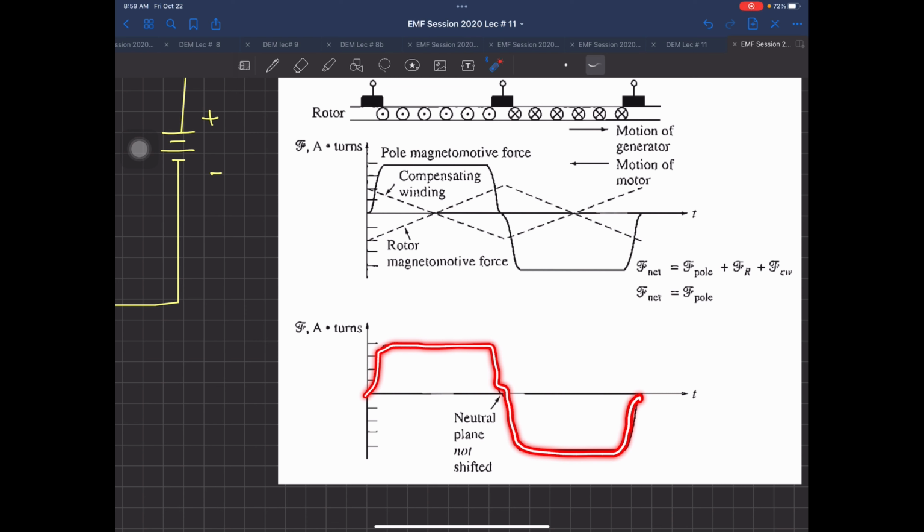Otherwise, for small machines, in our lab, we don't even have any machine with compensating winding. If you are interested in seeing a compensating winding and the next solution, which I will tell you afterwards, please go to the main block. There is a high voltage lab there. You may find Mr. Mansoor there. He is the lab in charge. Just ask him to open the old machines lab. In fact, it is already open. Sometimes it is locked. Just ask him to show you some of the old machines placed there.